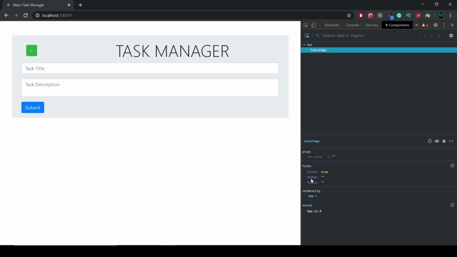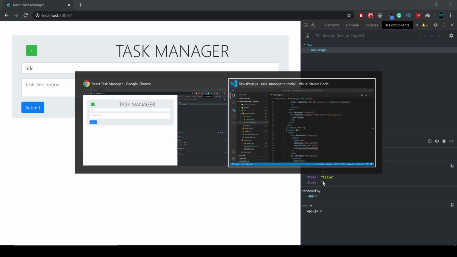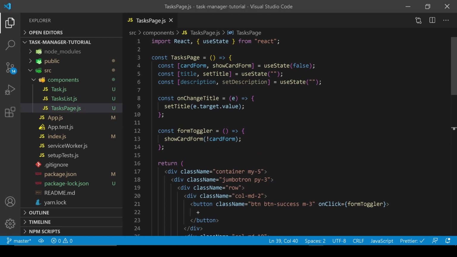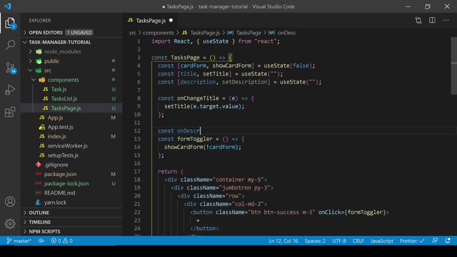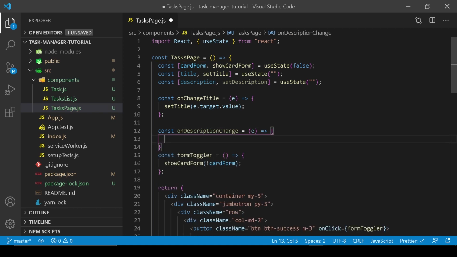So now you can see the hooks. We have the title and we have the description. Let's check if title gonna change. So title, okay, you can see now we can change the value of the title state. And now let's do the same, create the method to grab the value for the description, and right here after the untitled change we're gonna create const on description change. You can give any name you like to your method. Okay, and right here we're gonna add set description